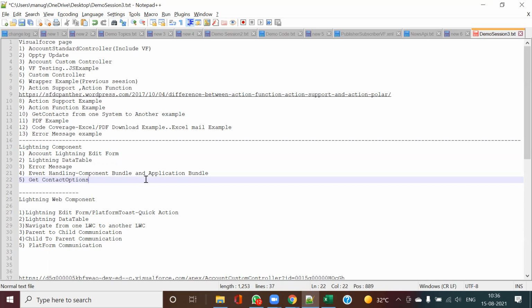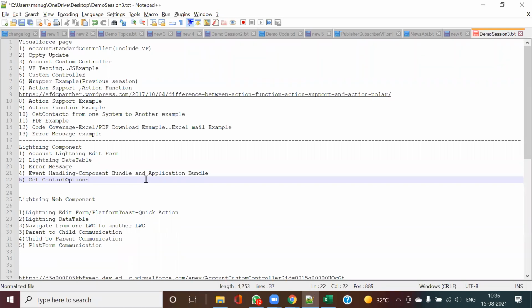Because to be very honest with you, the last time I did Visualforce was maybe in June or July 2019. After that, for the last 2.5 years, I've been working only on Lightning components and Lightning web components. I believe I started using Lightning components in 2015.